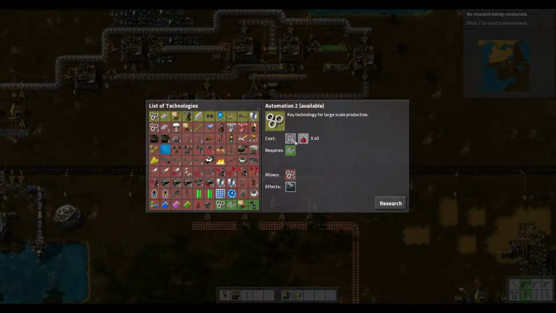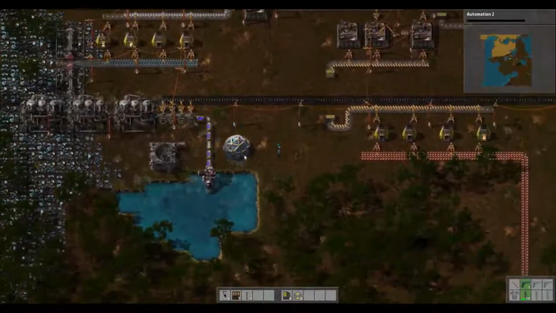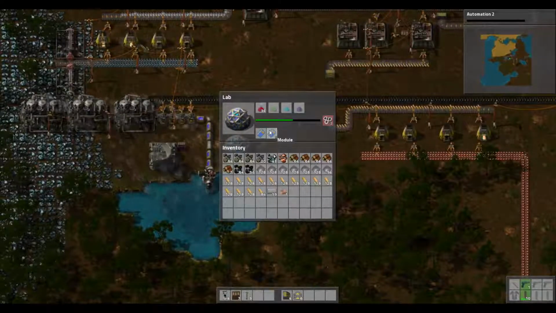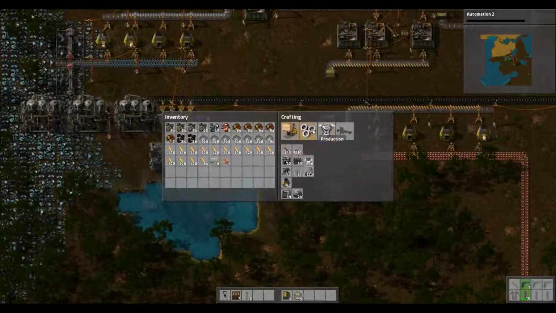Now we need these. And it says 15 minutes, and I think that's in real lifetime. So we're not gonna get to it in this episode, which is really annoying. Could build a second lab maybe and speed it up. It's still not gonna be done in time for the episode, but